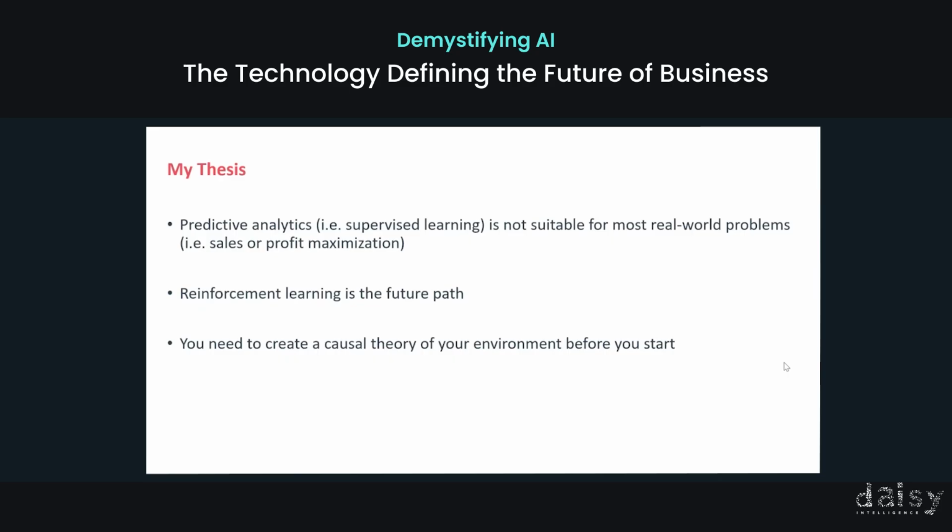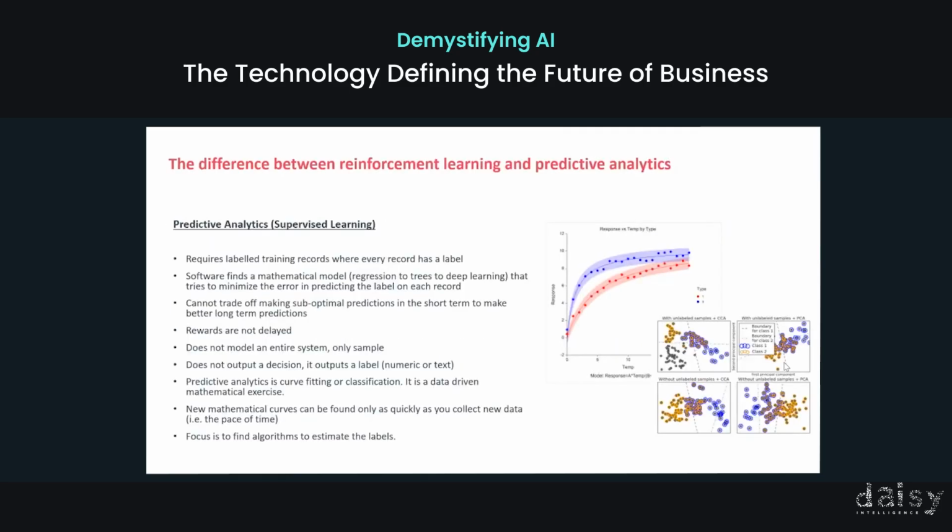And I think in the past, I talked about the idea of needing a causal theory. And so I'll rationalize why a causal theory is required for the type of analysis or profit maximization of corporations or complex systems. So let's do definitions first again. I think I talked about predictive analytics before, supervised learning.